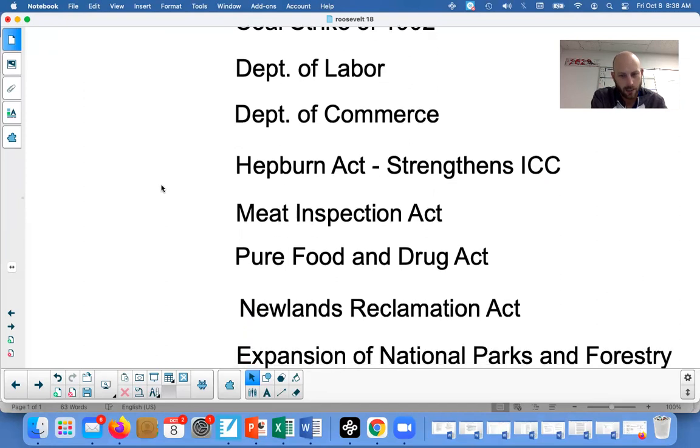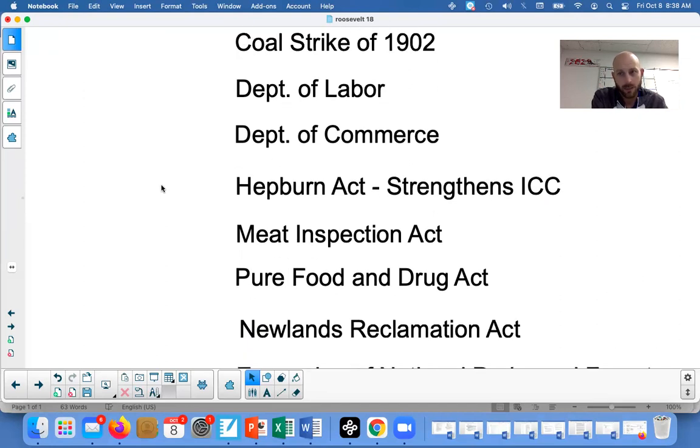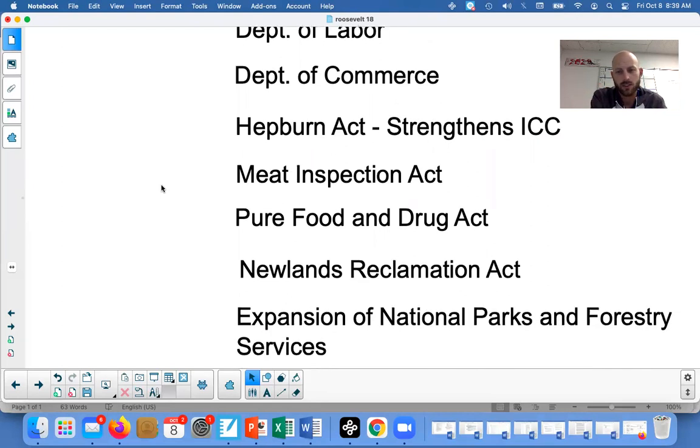Okay, and then the New Lands Reclamation Act. So they're going to take federal money and use it to improve irrigation out west, right? So again, the government, scientific management of the land, and that same thing is true of the National Parks and Forestry Service, right? He adds a bunch of national parks and then national forests, and you get that whole Teddy Roosevelt kind of thing,